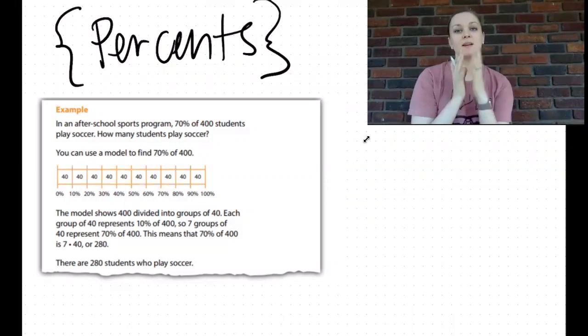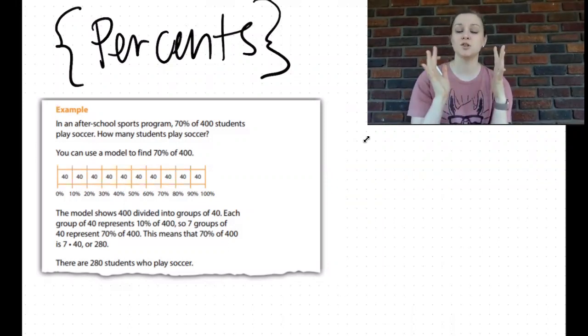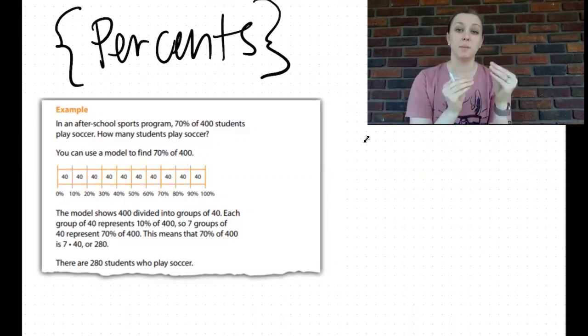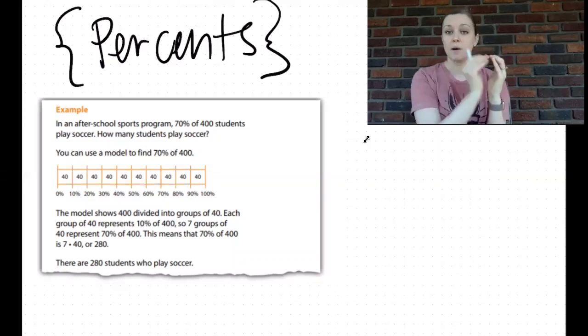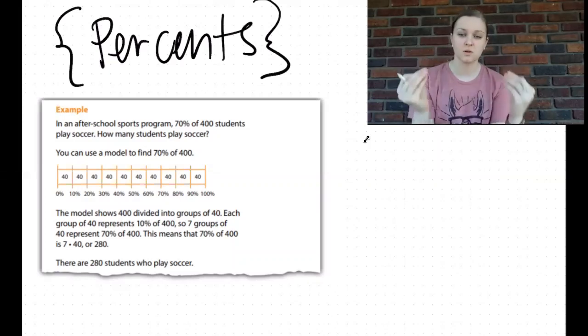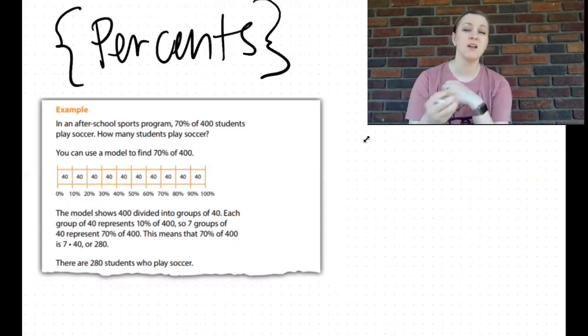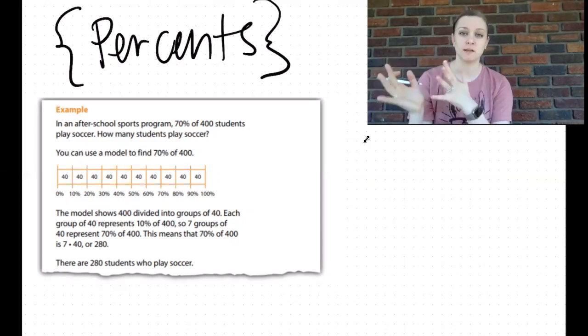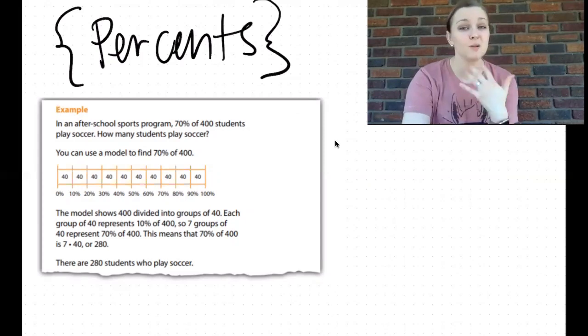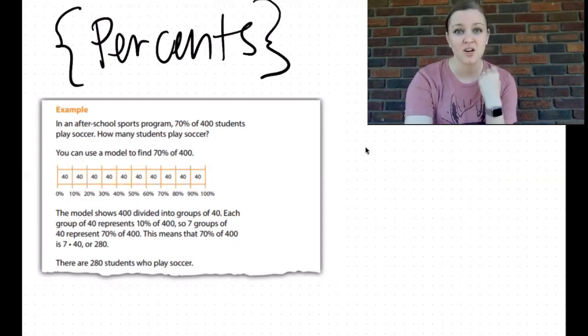Okay, the percent is basically a fraction. It's a fraction that tells us how much of something is the part, right? So we're comparing the part to the whole, and that is really, really important when we're talking about percents: what's the part, what's the whole, and then which one are we trying to find, okay? The percent tells us what fraction of that is equivalent, basically. So percents are really just equivalent fractions, and I know that they sound scarier, but it's really just an equivalent